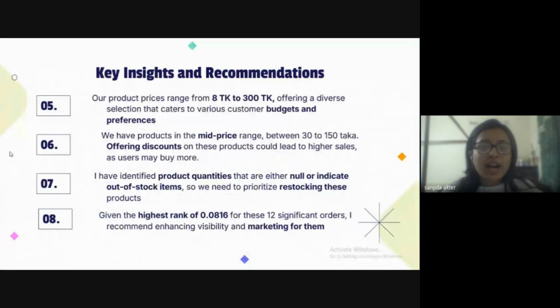This would lead to higher sales as users may buy more. Then I have also identified the product quantity that needs to prioritize restocking this product. And lastly, given the highest rank of 0.0186, I recommend